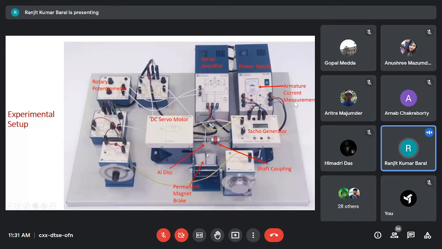magnetic system. Here two U-shaped magnets, very powerful permanent magnets, are there, and a very high flux density is available within this air gap. This arrangement is called a permanent magnet brake. This arrangement can be moved